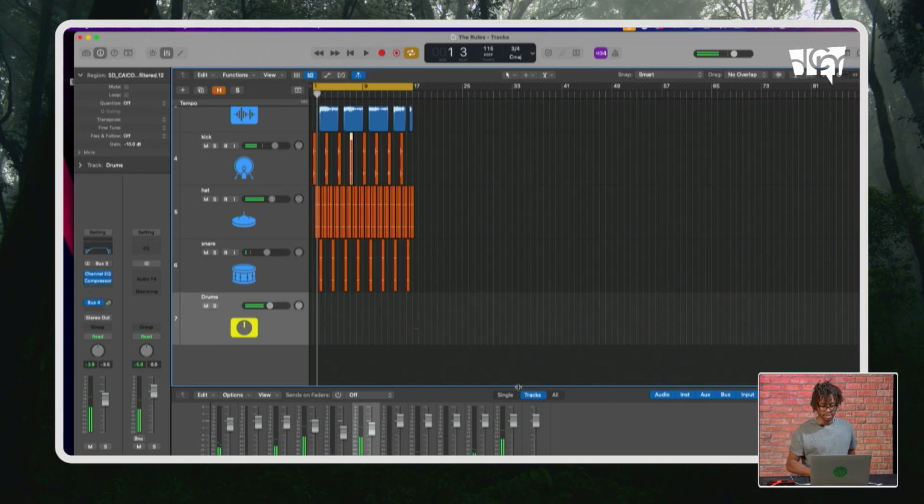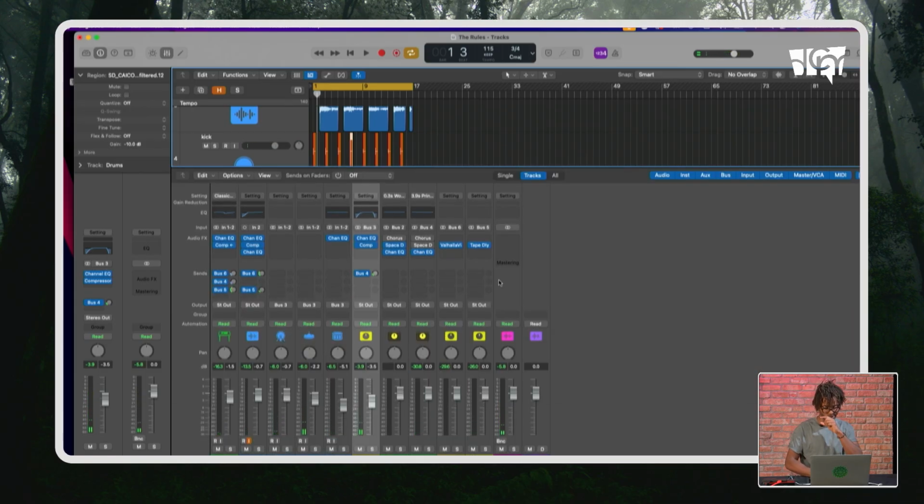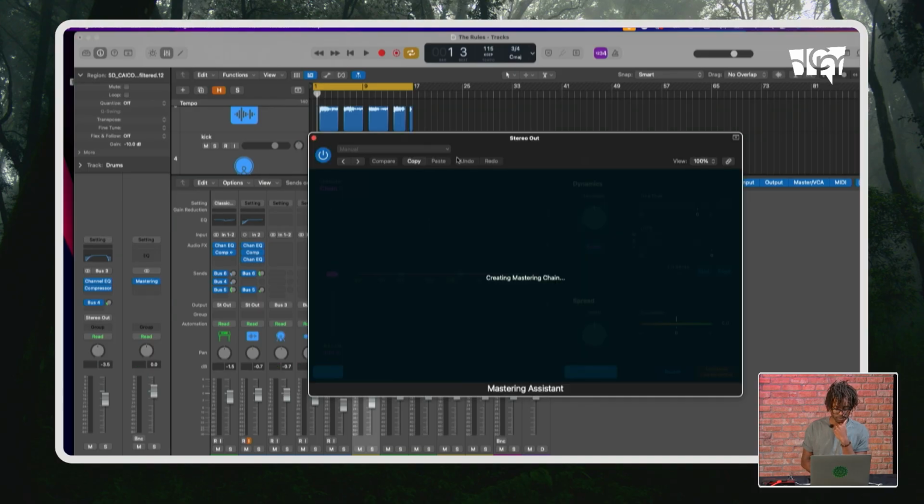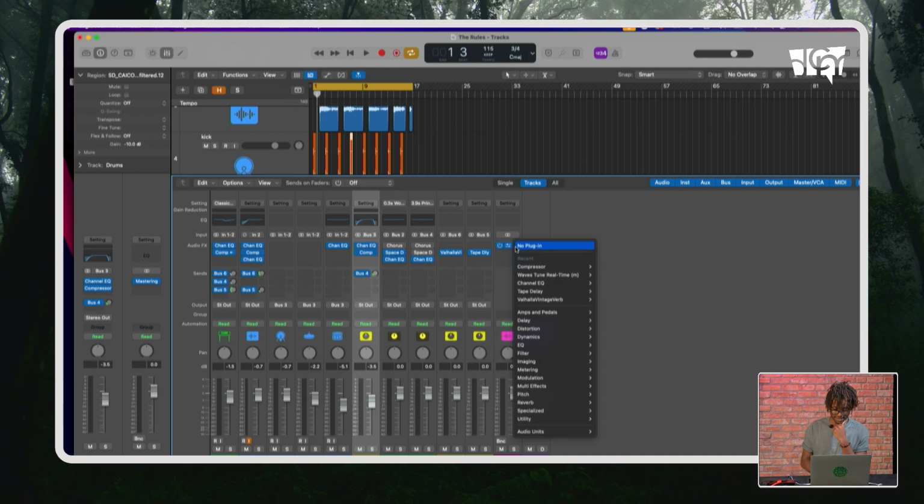Beautiful. Let's get our master track set up. In Logic Pro, we have this thing called a stereo out, which pretty much is the master track. The master on here is really just master volume. It's not really the master track. So on stereo out, what we want to have, y'all, first and foremost,